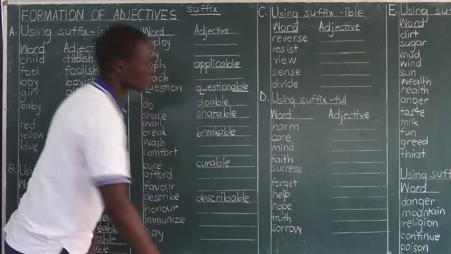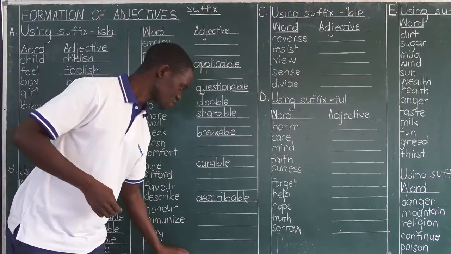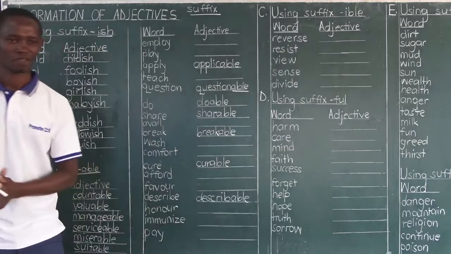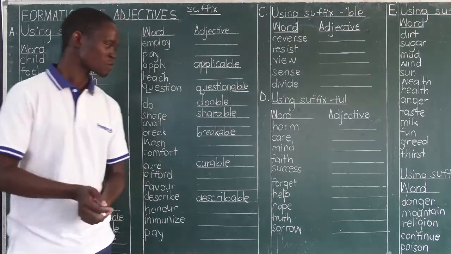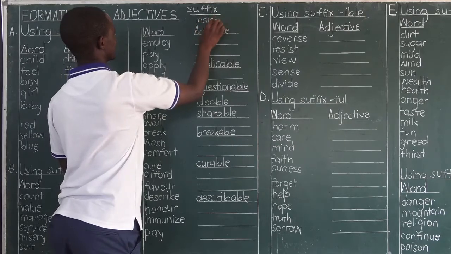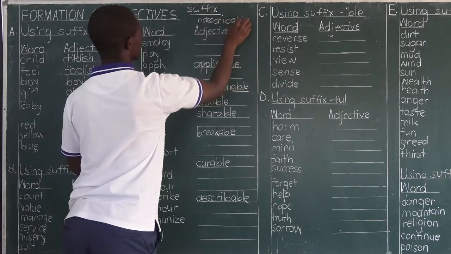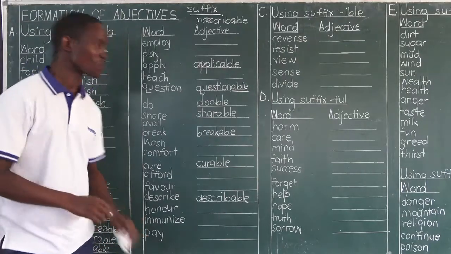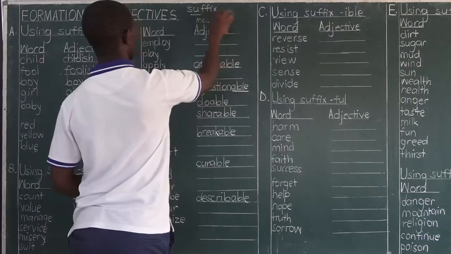Able. What can be described is describable. For example, if there happens an accident along a highway, sometimes the cause can be describable or the opposite of describable, which is indescribable. If it is indescribable, then it means it cannot easily be described, or it cannot be described. Indescribable is the opposite of describable.